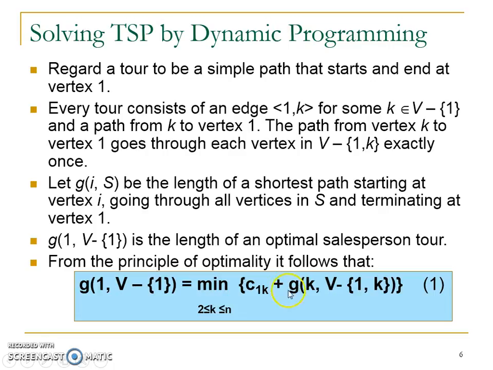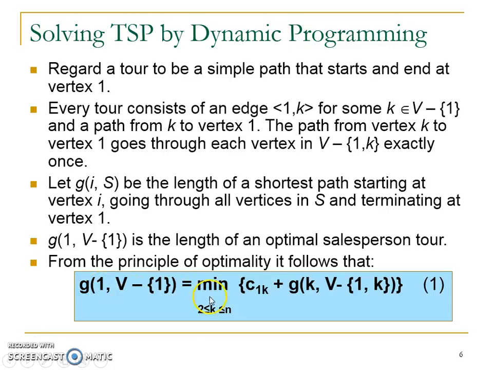So that is going to be again the cost, because G is a function which represents the cost. So G starting from vertex k and visiting all the vertices in the graph other than 1 and k. As you can see, V minus 1 comma k. So k could be any vertex from 2 to n. So I repeat the recurrence relation again. The cost of the path G starting from vertex 1, covering all the vertices other than 1 and coming back to 1, that is the traveling salesperson path we need to find.